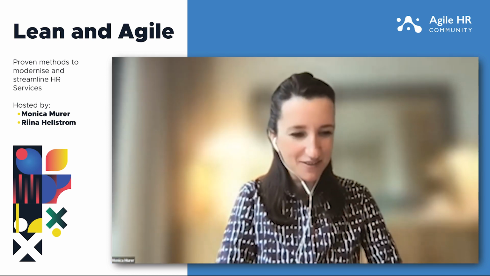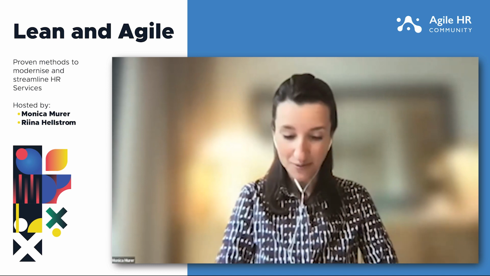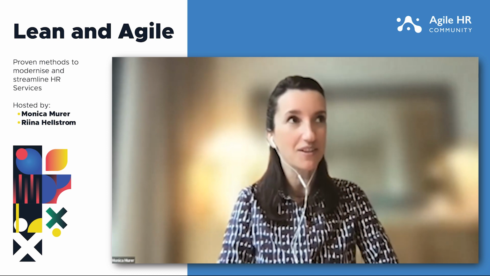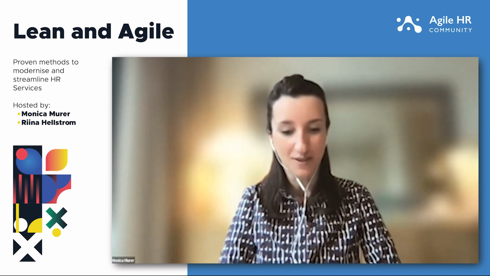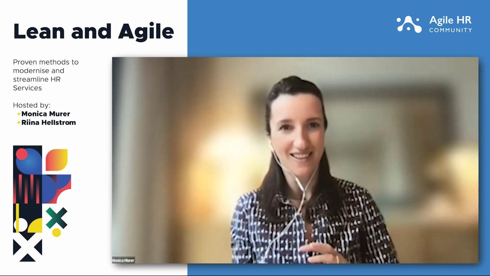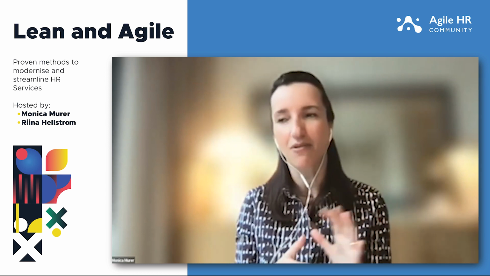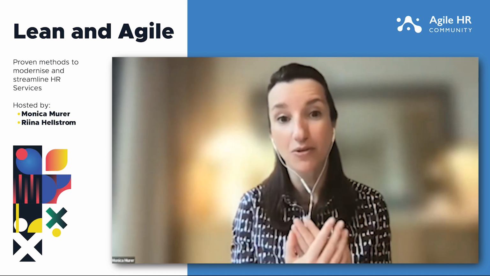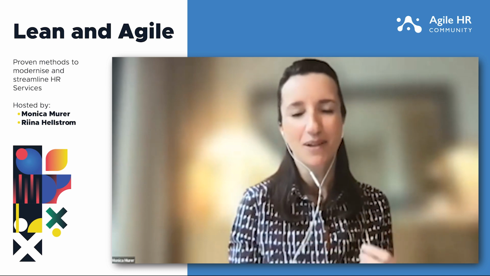I'll use a differentiation that I've been using for a while to explain it. For me, Lean starts from the process view, and Agile starts from a human view of the same outcome. And when I say that, you're right, Lean is a lot about getting alignment on how we do things, and then doing things the way we aligned to do them. So it's a lot about that